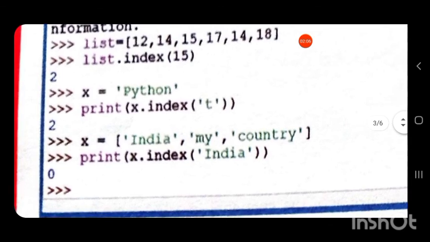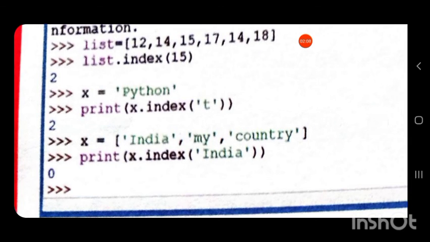In list x, x dot index means from list x we have to find out the index of the string India. In list x, India is at index 0. So it will return the index position as 0.